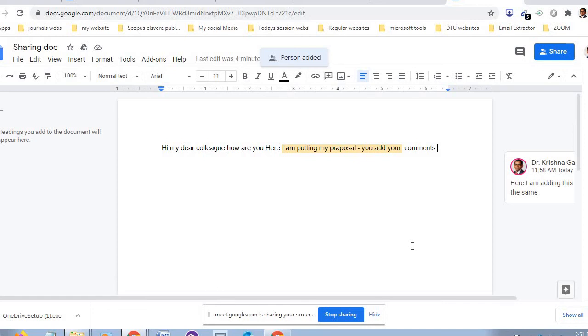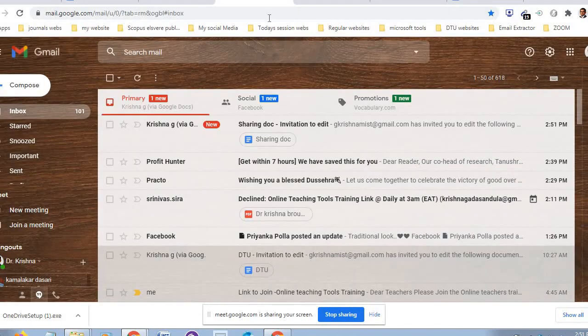Now, Baharu, you open your mail ID and you see your document, open that and do some comments and send me back, share. Just he is doing, and I have sent to one more mail also. Let me check that mail also. I sent to Krishna Gadasundala.